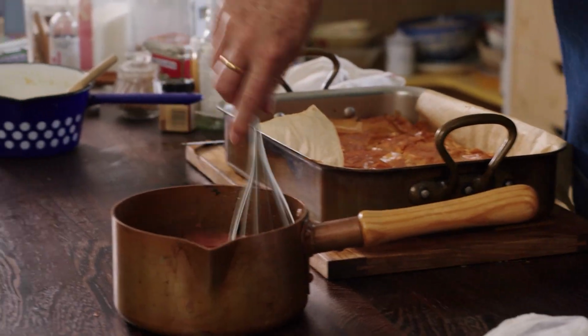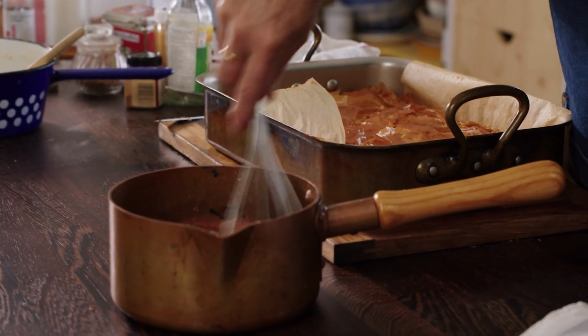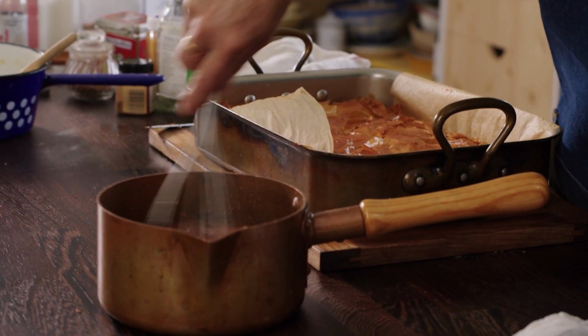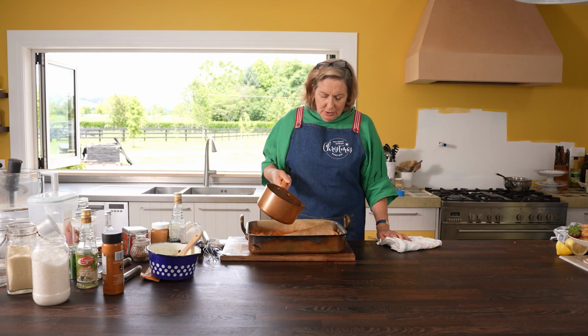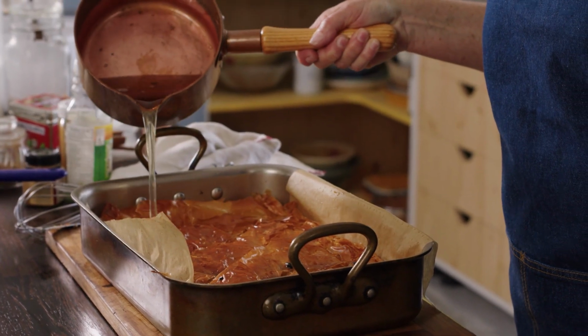I'm just going to give this a bit of a whisk because that will just, oh my gosh, the brandy and the orange blossom and the vanilla, heaven. So we're just going to pour this